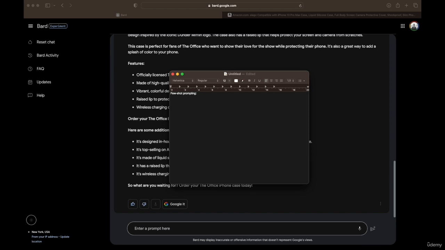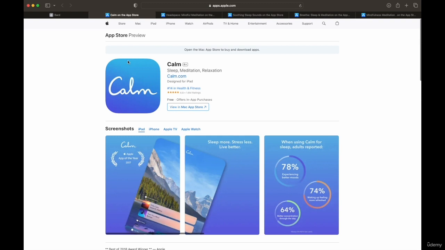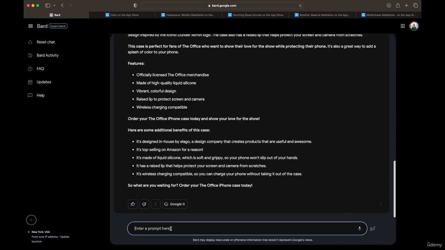And now we're moving on to few-shot prompting. So as you can imagine, few-shot prompting means where you give it several examples of the way that it could be. So we're going to provide several examples for our prompt. Let's dive in. So in this few-shot prompting, I have a couple of apps opened here, and we're going to get BARD to generate a name for our app. We have a new stretching and yoga app. Create a cool name based on these